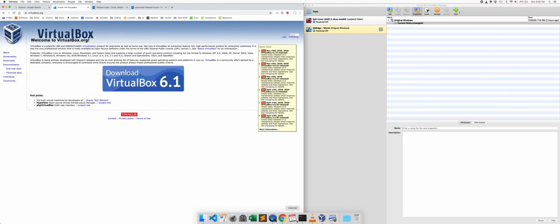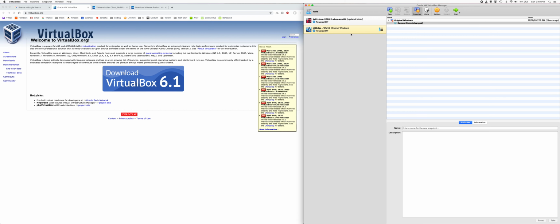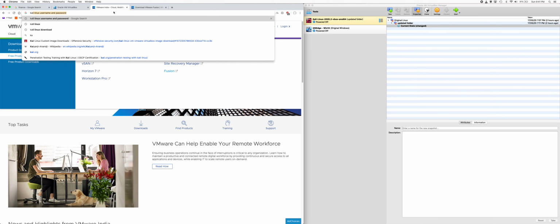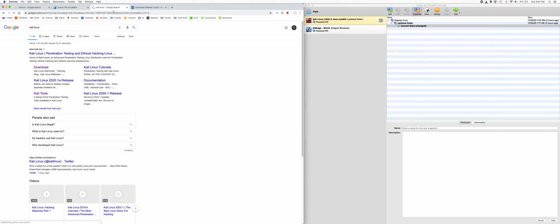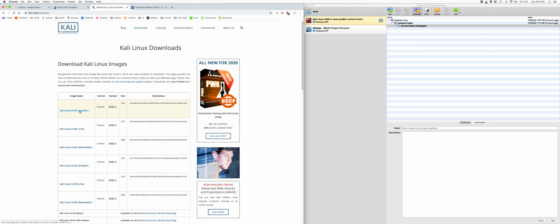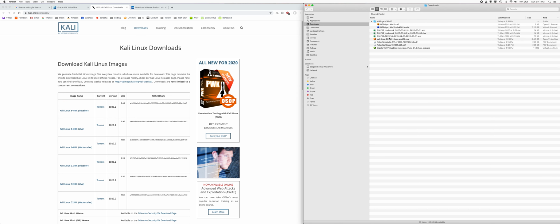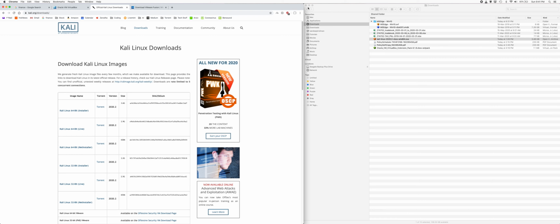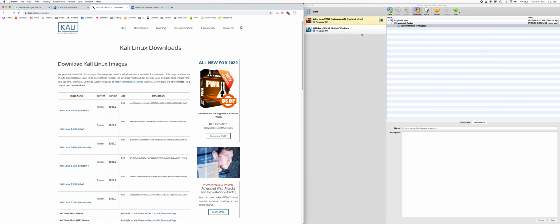So once you have installed VirtualBox, then you install Kali Linux. How do you install Kali Linux? Go here, Kali Linux. Go to download. Click here, the Kali Linux installer, 64-bit. Get that file downloaded, bring it here. It will be like this. So first VirtualBox, second Kali Linux. Open the file here and it will do all its thing and it will come here,